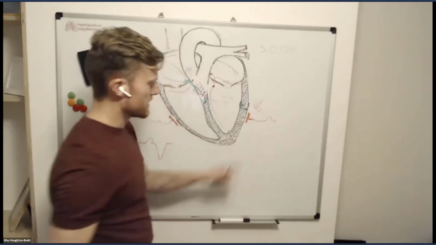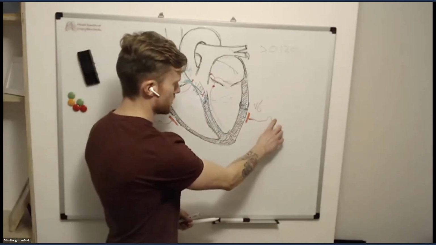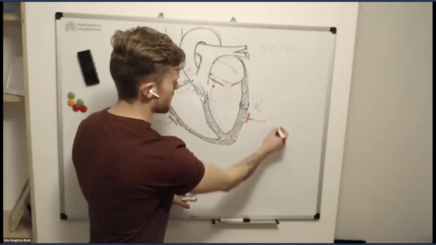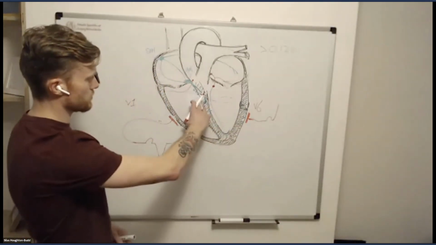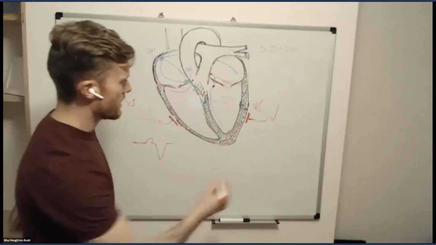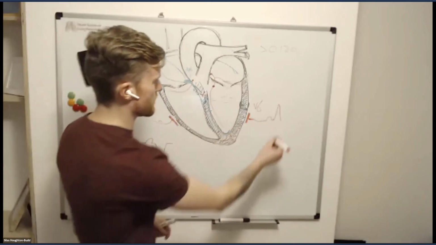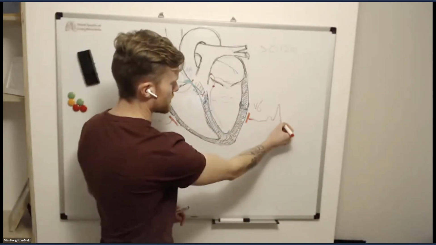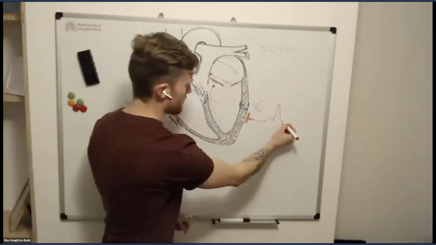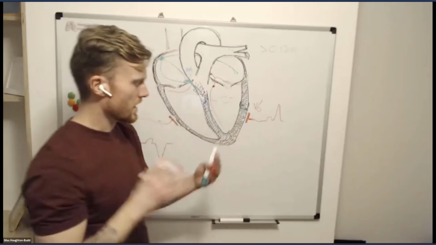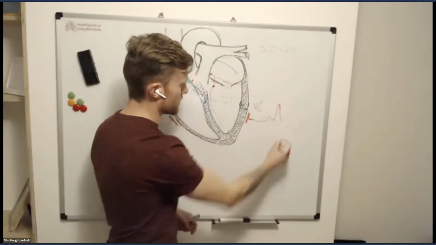Again, instead of that little negative spike from the interventricular septal depolarization, that doesn't occur because it's not happening normally. And so we get a big positive wave in V6 as the energy travels normally through the right ventricle. And then you can get a bit of a negative deflection in V6 as the electricity travels into the left ventricle. But commonly, it's a characteristic presentation as a positive wave in V6, again with possible notching, depending on